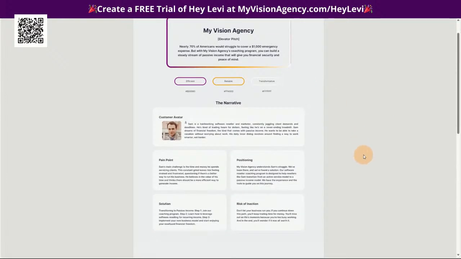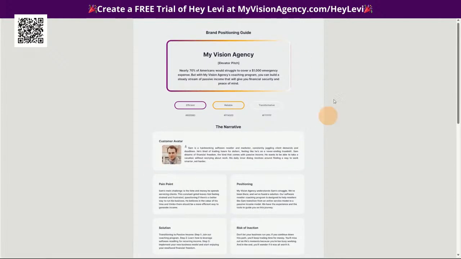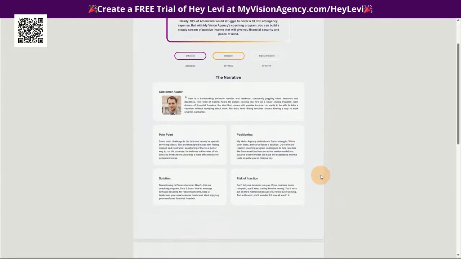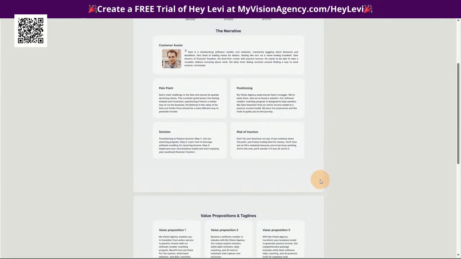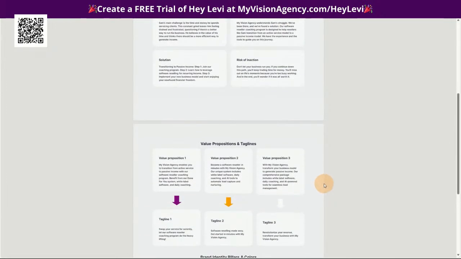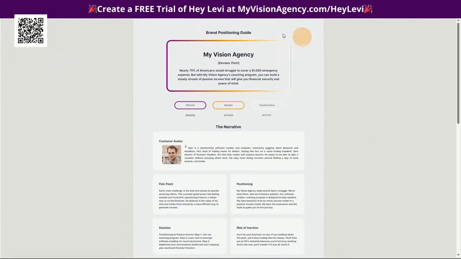Now, before AI, this would take hours and thousands of dollars. Even if you hired a copywriter to create copy for your business, you would still have to generate a brand report for them and tell them the answers to all of these things. That in itself can take hours to create. Okay. Now, if you're unfamiliar, a brand guide is basically the overall details of your business and your